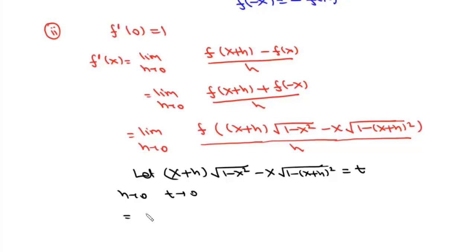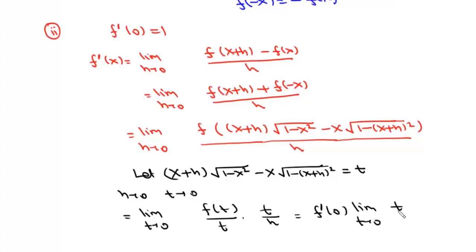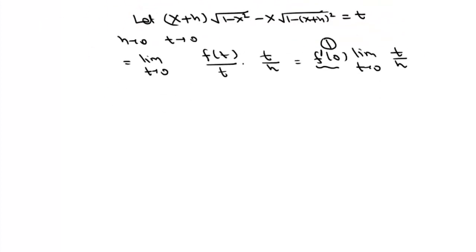Now we can write this as this limit t tends to 0, and this is f(t). Now we'll multiply and divide with t also. So it will be this f(t) and then t upon h. Now f(t) upon t is basically f dash 0. So we can write this as f dash 0 into this limit t tends to 0 and then t by h. And the question says f dash 0 is 1. So we'll put this as 1, and we'll again put back this value of t. So we'll write this f dash x as